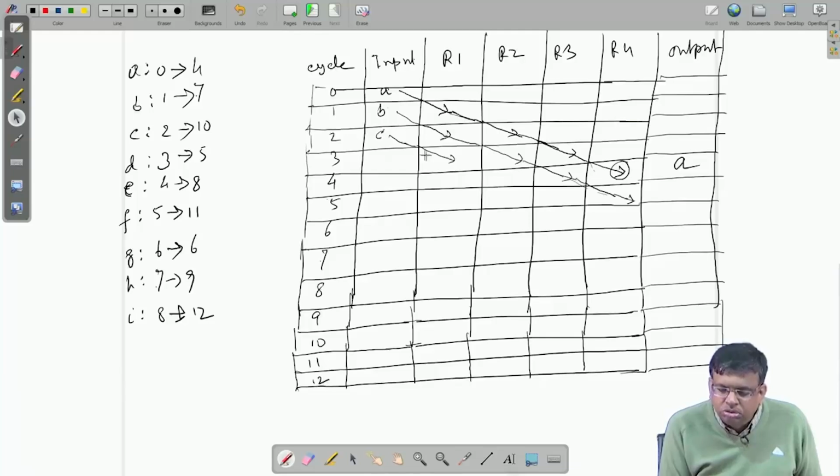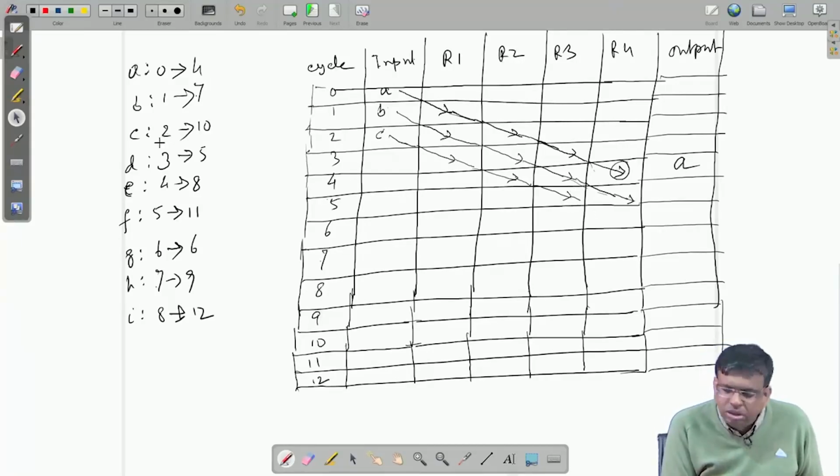Then R1 stores C, in cycle 3 gives it as output, and that goes to R2 input, R2 stores it in cycle 4 when it is free, then it is given to R3 input in cycle 4, R3 has B at the output in cycle 4. So, input is free, so it is given to the input. So, in cycle 5 it is free, it is storing further,